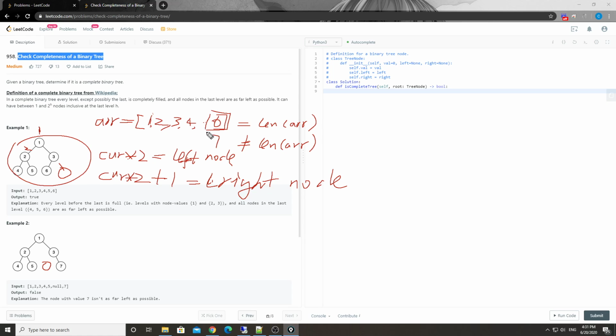In the end, we just do this comparison. Obviously that's O(N) time complexity and O(N) space complexity. And that's one way. The other way is that